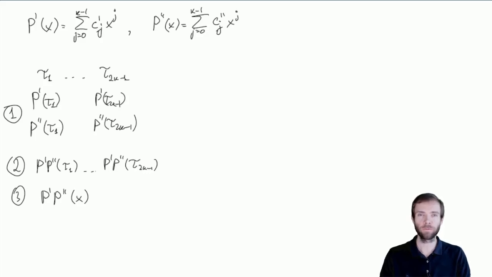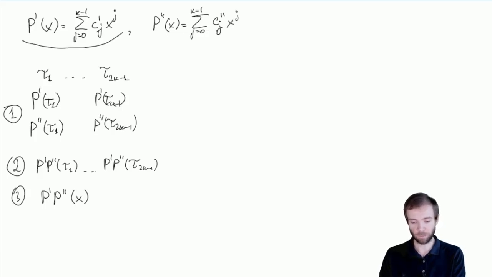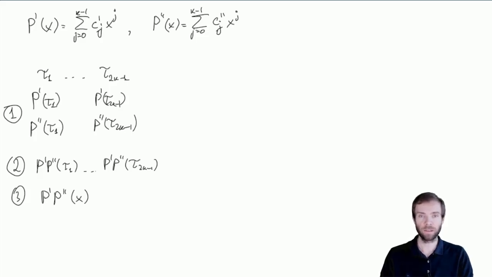Recall Thom's algorithm for multiplication of numbers that we have just studied. The idea of the algorithm was that we convert the problem of multiplying two numbers into the problem of multiplying two polynomials. In slightly different notation, we had two polynomials p prime and p double prime, both of them of degree k minus 1. So we have computed their values in 2k minus 1 convenient points,